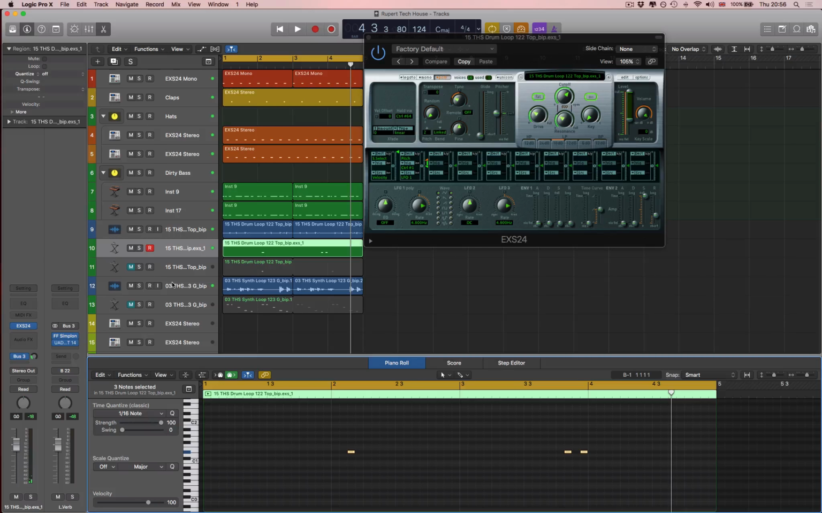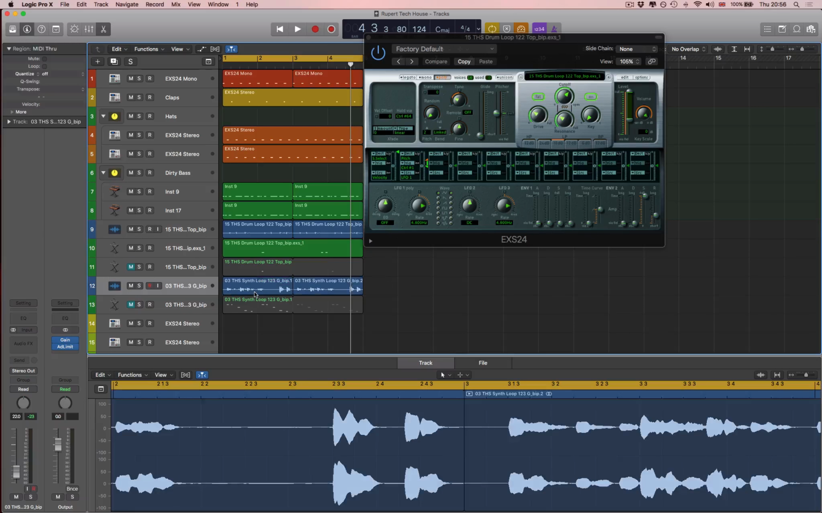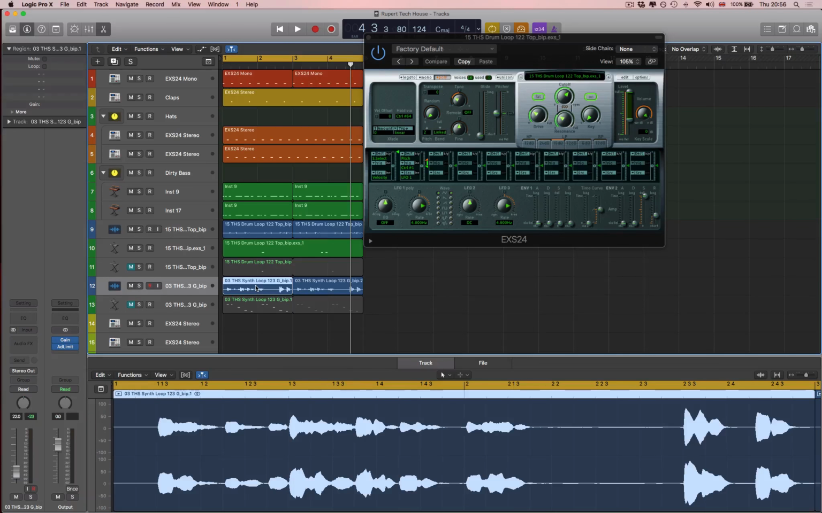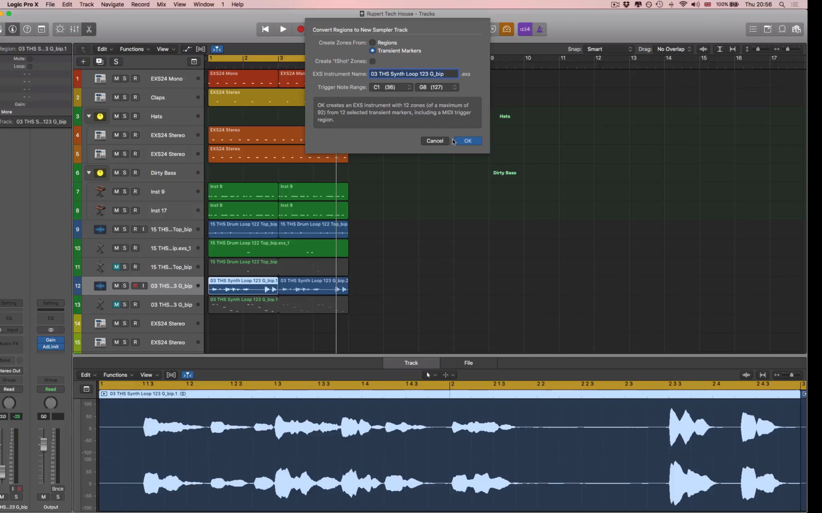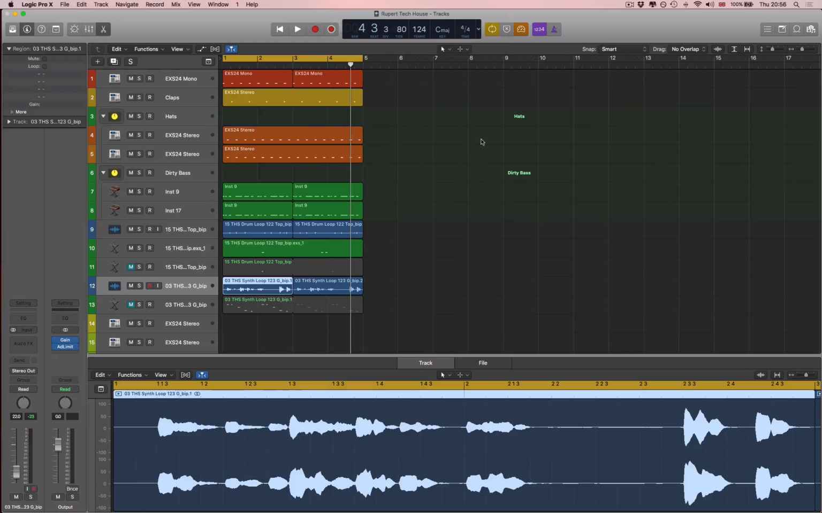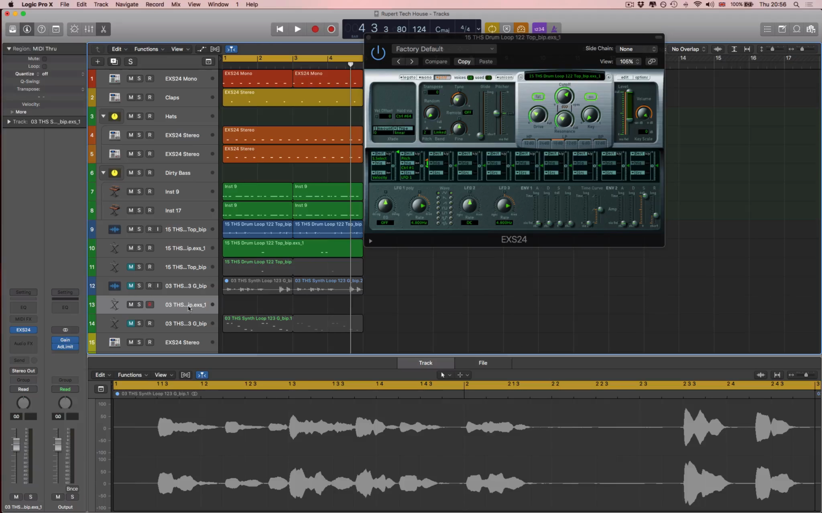Now, what if you were to do this with a synthesizer? I've actually done it already because I was practicing earlier, but I'm going to take this synth, I'm going to do exactly the same thing, convert to new sampler track, press OK. I'm going to show you a slightly more advanced method now. I'm just going to mute that, don't want the synthesizer anymore. And I'm just going to find